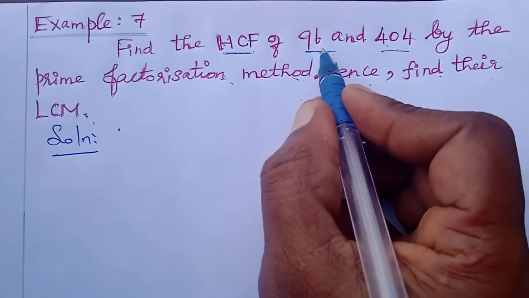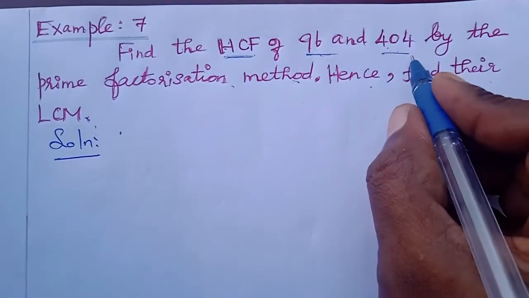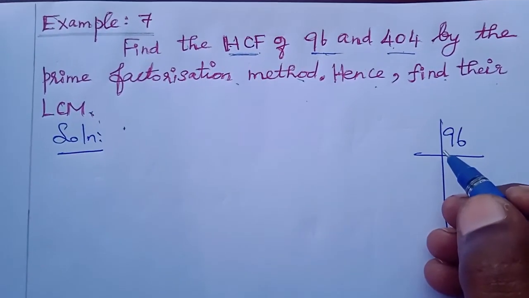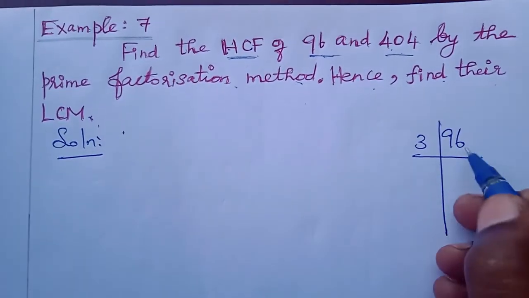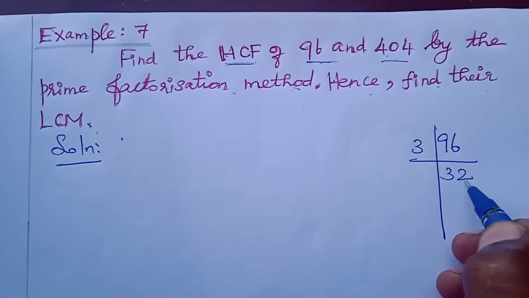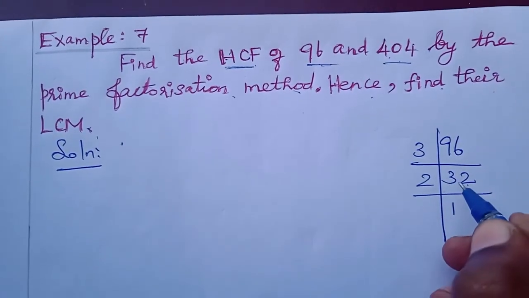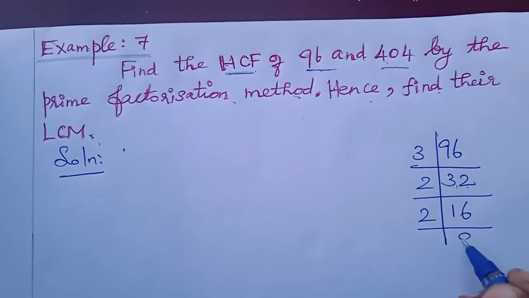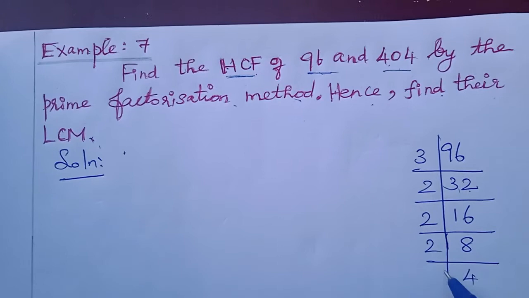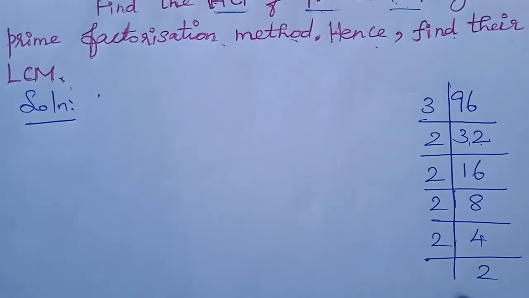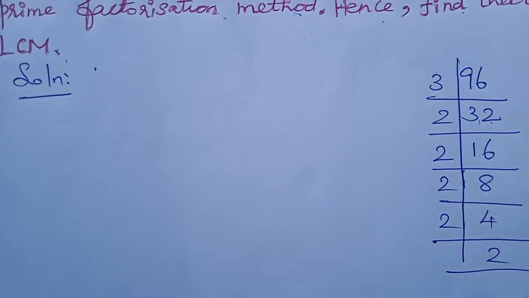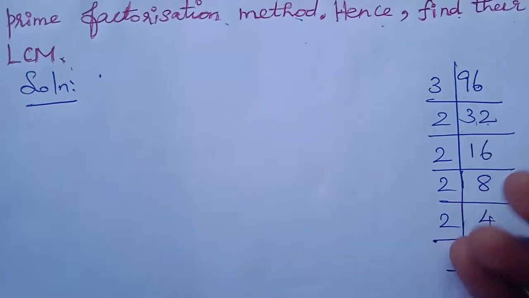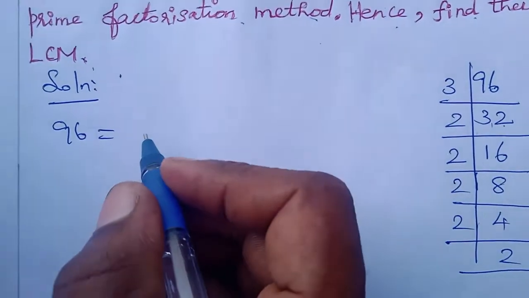In the same way, first you have to find the prime factors of 96 and 404. First for 96, try the 2 table or the 3 table. Take the 3 table: 3 threes are 9, 3 twos are 6. Again in the 2 table, 2 sixes are 12. Again in the 2 table, 2 eights are 16, then 2 fours are 8, and again the 2 table, 2 times. Many factors are there, right? In the last sum they gave small numbers, but here they gave 96, a 2-digit number.